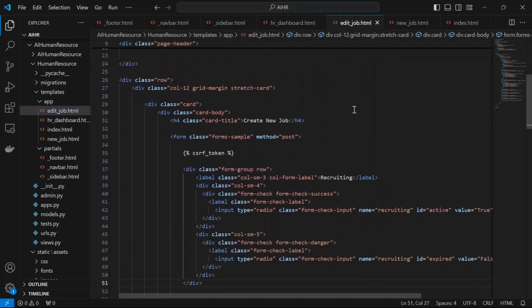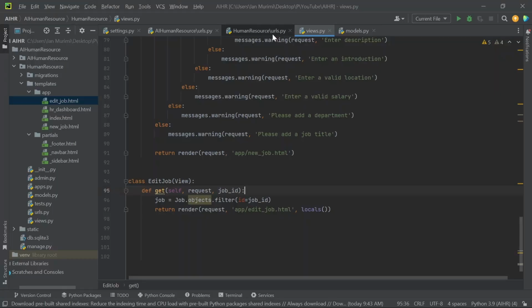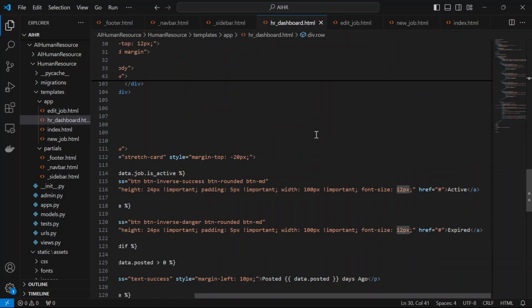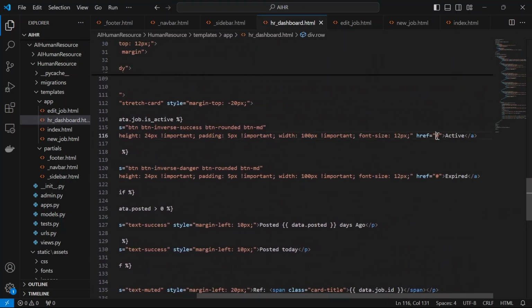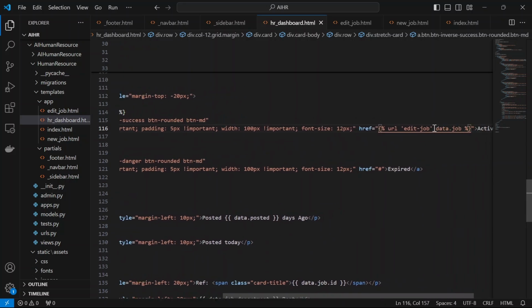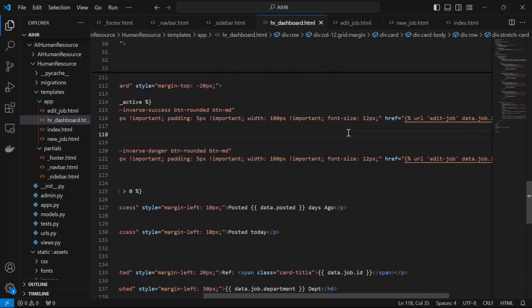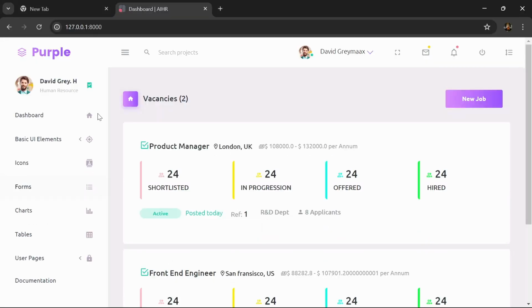So at this point, I think we are done with designing the edit job template. So the next thing is we need to link this button to our edit job template. In VS Code, under HR dashboard, at the bottom you have active and expired. So you're going to update these ones. This is a URL, and this points to edit-job, and you also need to pass in the job ID. And you're also going to do a similar thing for the other one. So with that, we can go back to our browser and refresh. Click on this